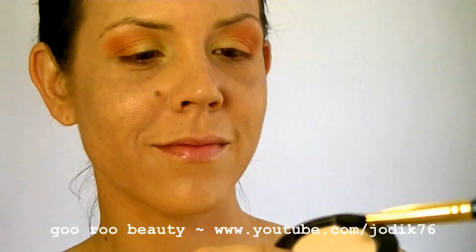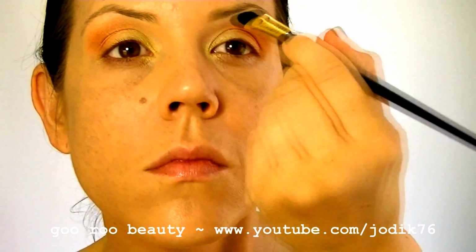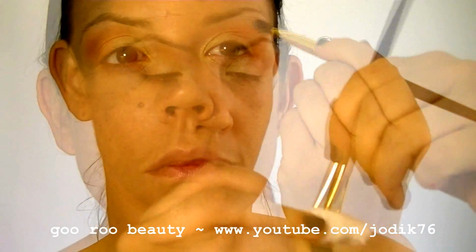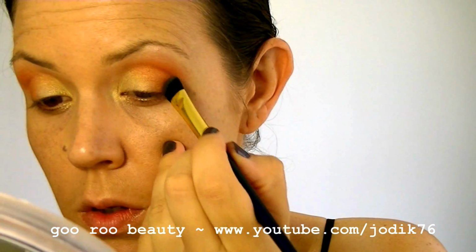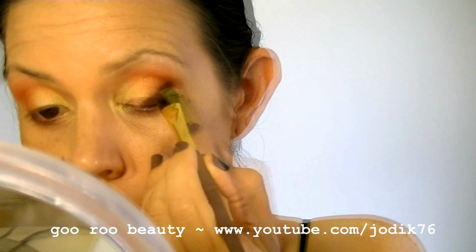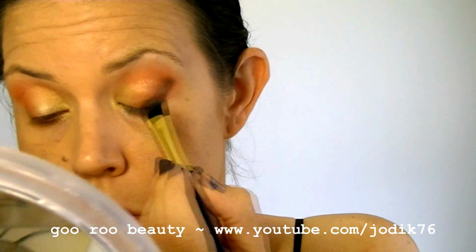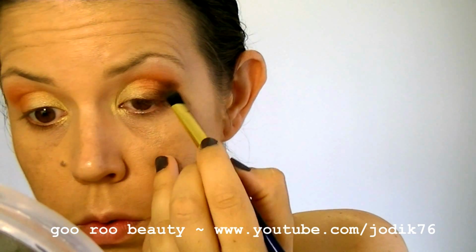So next I'm going to be going in to a matte white shade from Australis, using a different brush from Furless to highlight the brow bone, and then going in to the darker brown shade after cleaning off my brush, and I'm going to further enhance that outer V area. I'll do a little bit of blending first with that angled eyeshadow fluff brush, and then I'm going to go in with a different brush just to blend that in a little bit more,